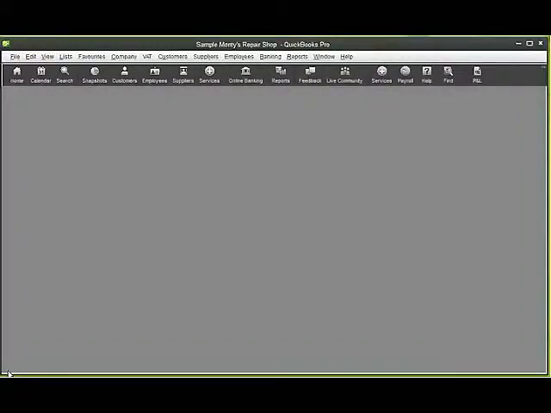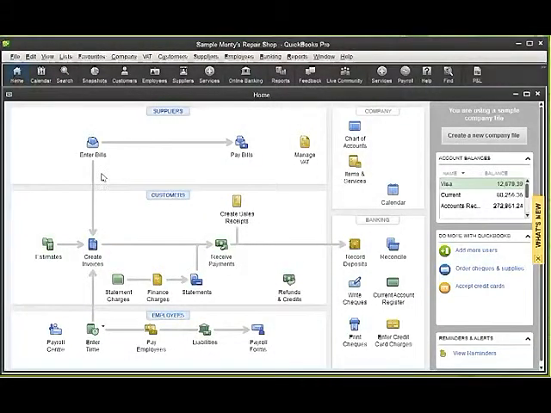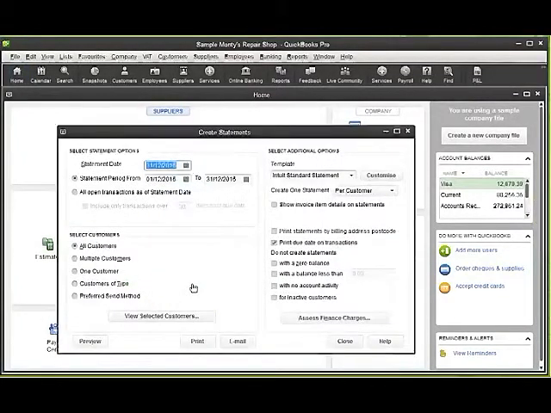If you wish to create a statement in QuickBooks to show the outstanding balance for a customer, this can be done from the statement icon on the home page. If you click on the home page in the top left hand side, you'll see under customers that there's an icon here for statements. If I click on the statement icon, it brings up for me the create statement screen,